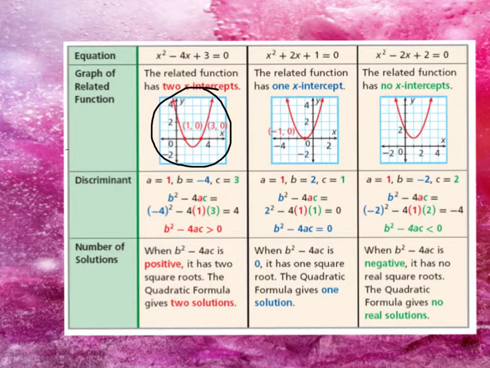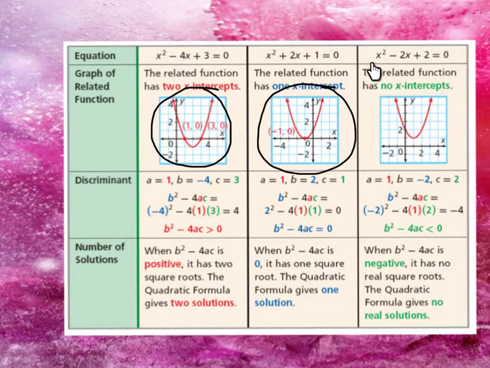Let's look at our second column here. We have our quadratic equation. They have graphed it. Notice it has one x-intercept. Then let's go and use the discriminant. That's the b squared minus 4ac part. And we locate a, b, and c looking at this equation. We plug it into the discriminant, and when we solve, notice we get 0. Well, when your discriminant gives you 0, that means that there's only going to be one solution. And they prove that to you with the picture. And now let's look at the third column.